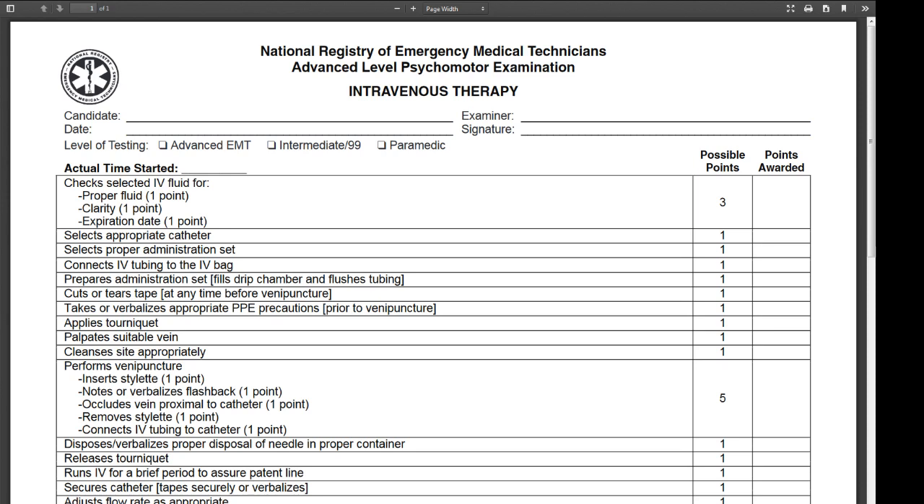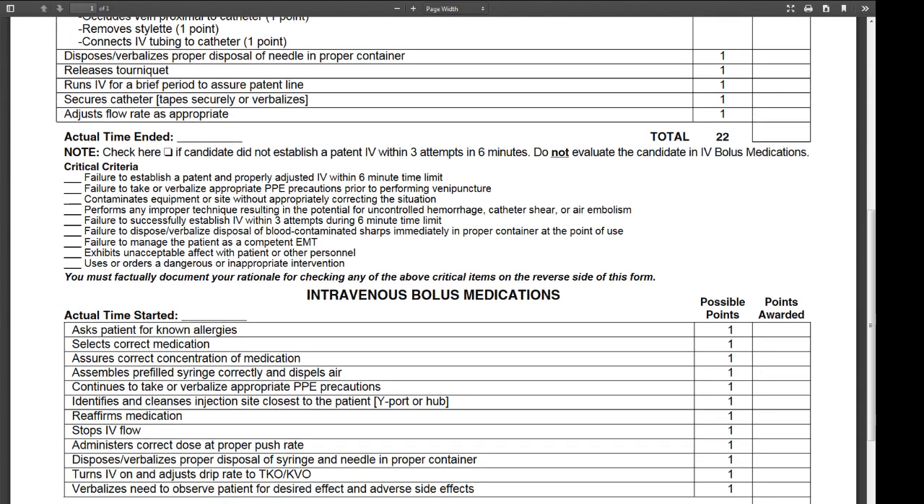Releases tourniquet. Runs IV for a brief period to assure patent line. Secures catheter, tapes securely or verbalizes. Adjusts flow rate as appropriate. If candidate did not establish a patent IV within 3 attempts in 6 minutes, do not evaluate the candidate in